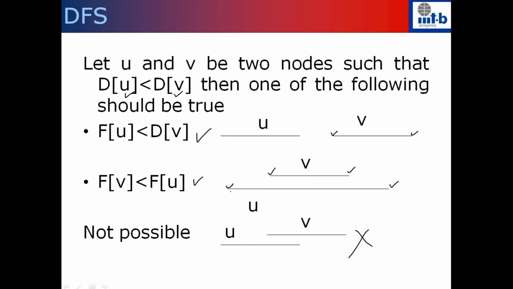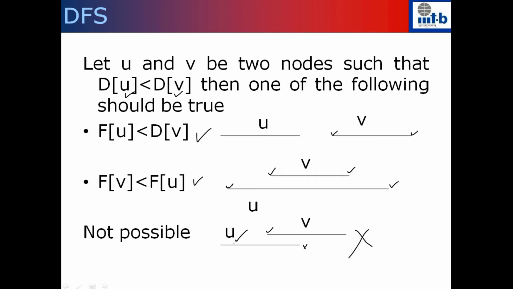So in this case you pushed u and then you pushed v. Since v is pushed, you are supposed to pop v out and then pop u out. You push u, then you push v, and you cannot pop u out of the stack before you pop v out of the stack. Once you start visiting the vertices of u, if the recursion calls v, then you have to finish visiting all the vertices which are reachable from v before you backtrack and finish all the vertices which are reachable from u.